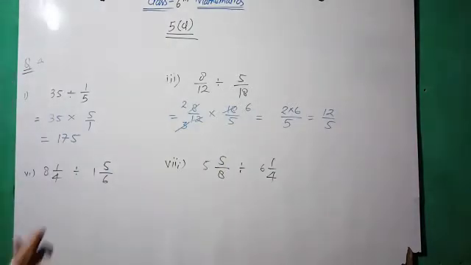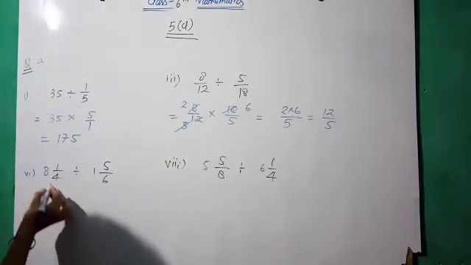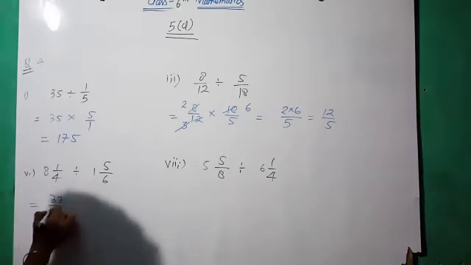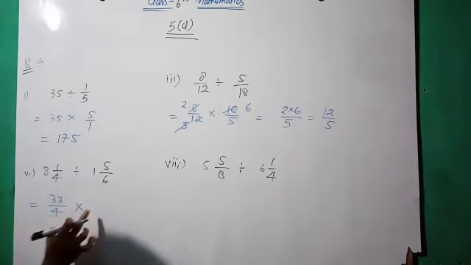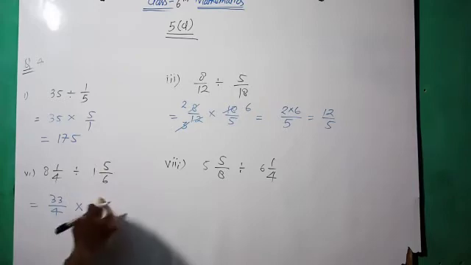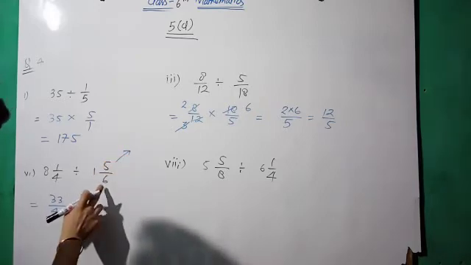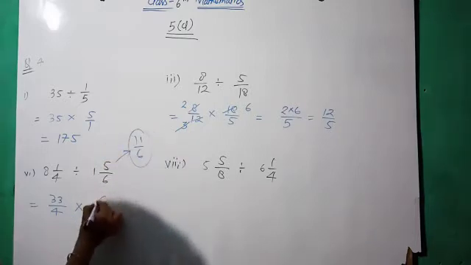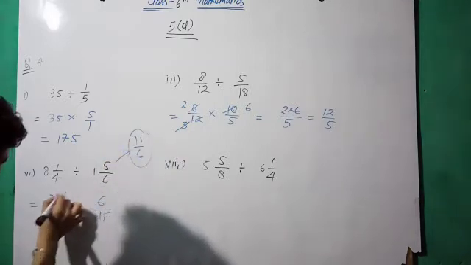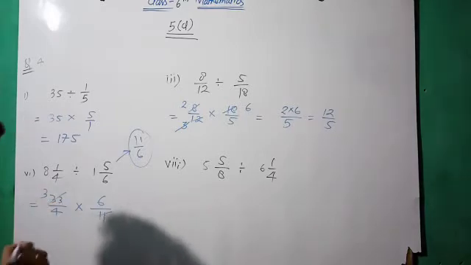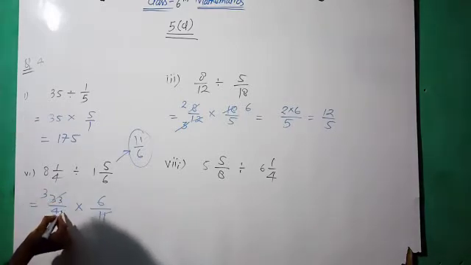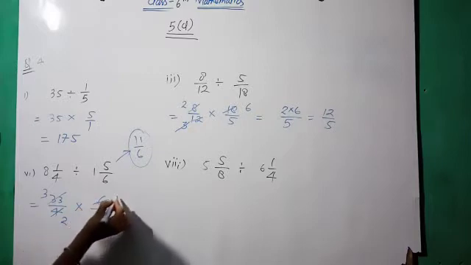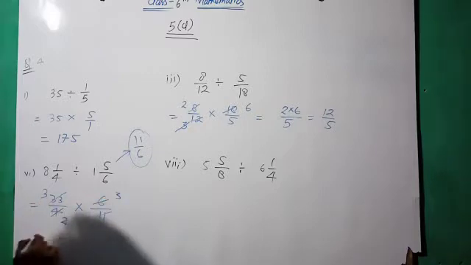2 upon 5. Now here is 33 upon 4. Divide means multiply. Okay, first of all, change this mixed fraction into an improper fraction. 6 minus 6 plus 5, 11 upon 6. So the reciprocal of this is 6 upon 11. So 11 threes are 33, and divide by 2, it means 2, and divide by 2, it means 3. So 3 threes are 9, 9 upon